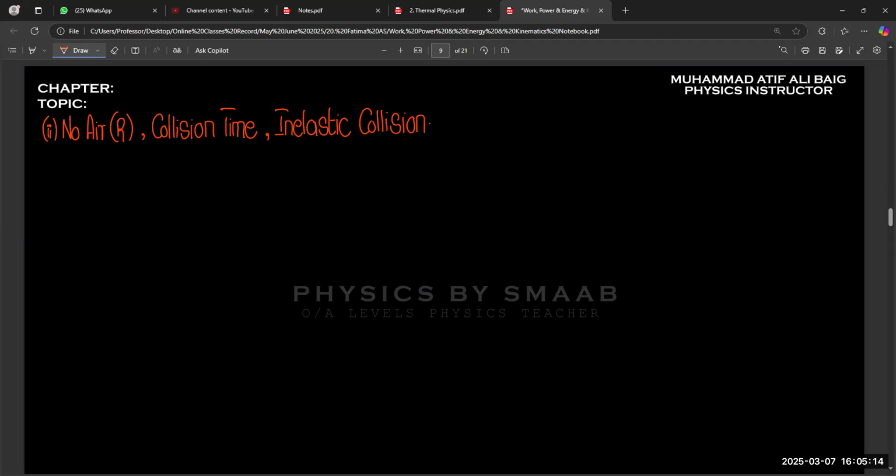So in this case, if we draw the graphical representation, it is very much clear we have inelastic collision. Inelastic collision means there must be a loss of energy. So definitely energy loss, and because of energy loss, the height of the ball also decreases. So after every collision, the peak of the graph starts to decrease, and we have collision time also.